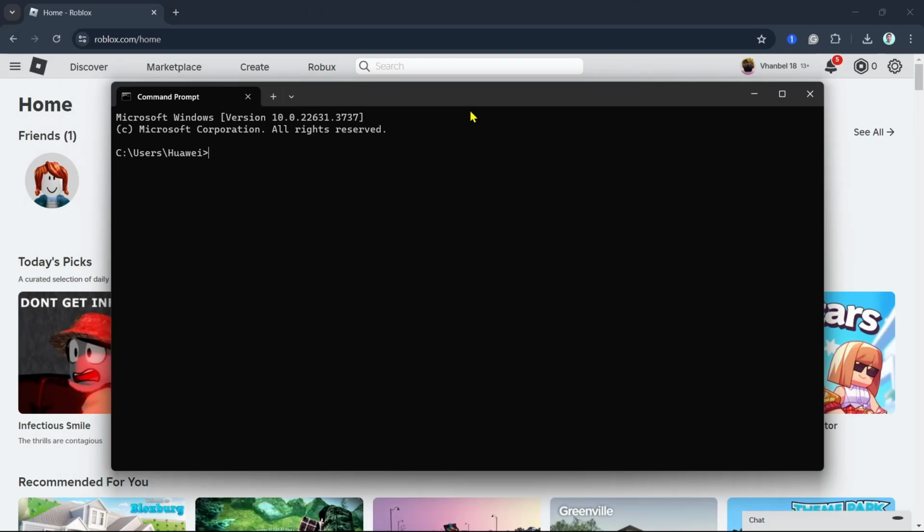Now we're going to type some commands. First one, type ipconfig /flushdns, then press enter. Next command, ipconfig